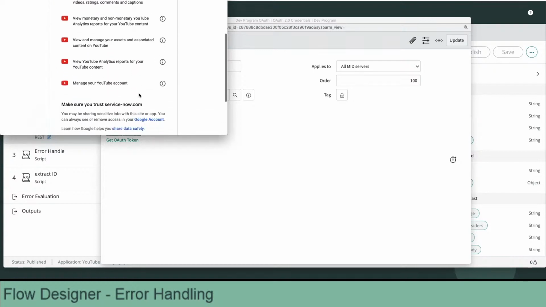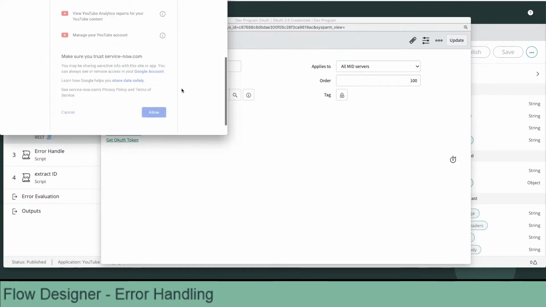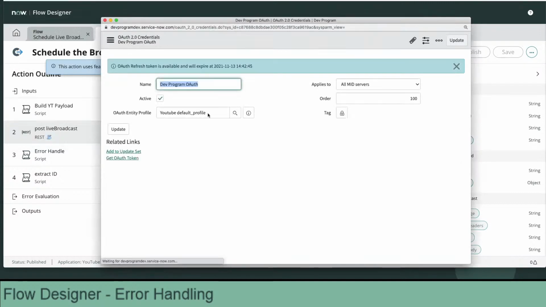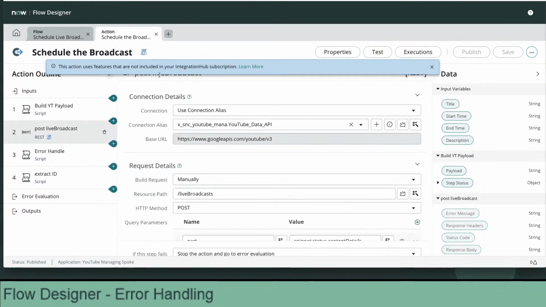Then it says, you've asked for all of these scopes, and I will allow that. And now I have credentials. So, yay, I just fixed my problem. Show's over. No, not really. So if I test this